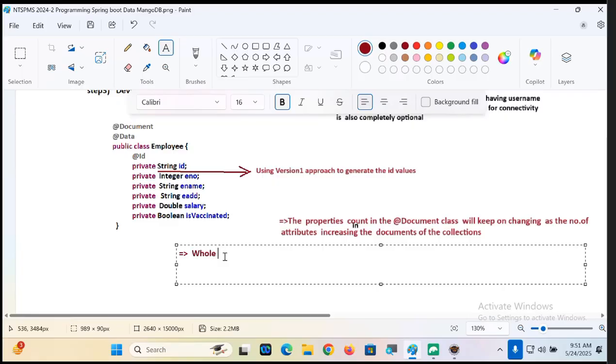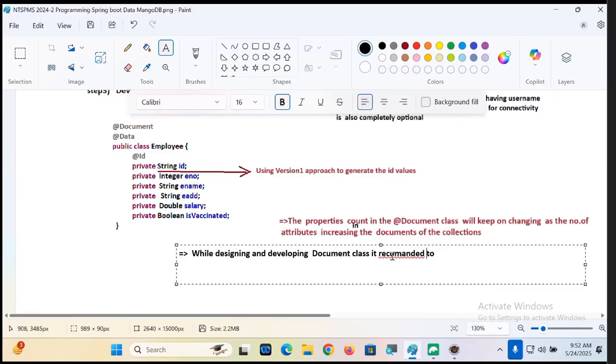While designing and developing the document class, guys, it is recommended